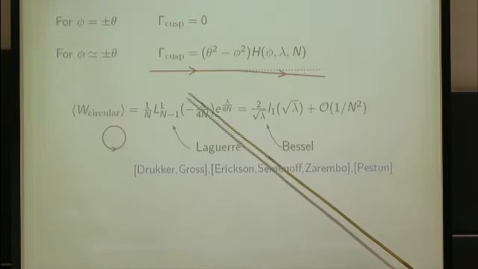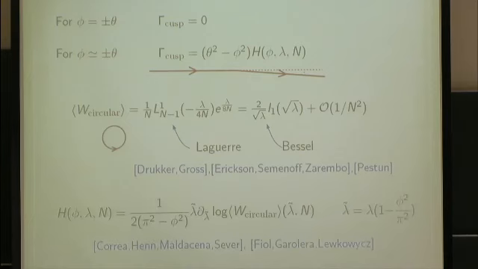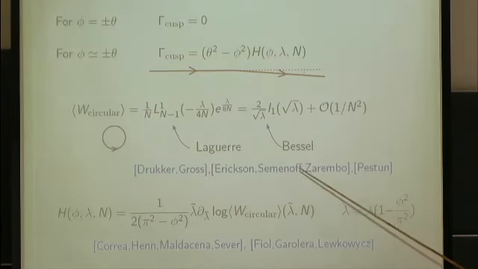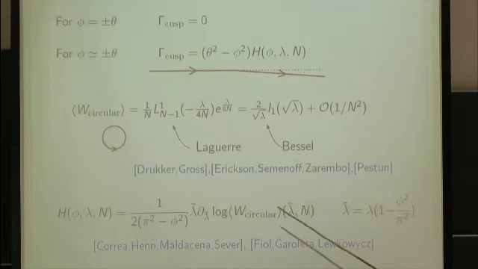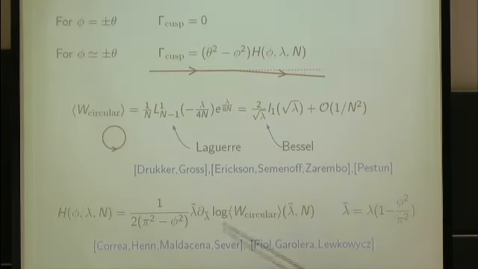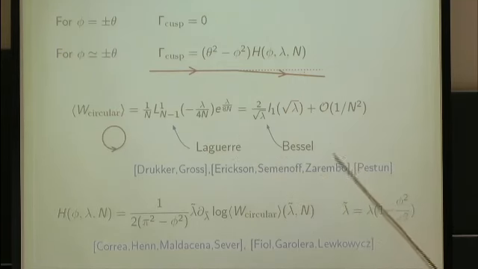To leading order in this near BPS situation, what we would like to know is this h function. And it happens, and this is without using integrability at all, that this is just using the exactly known expectation value of the circular Wilson loop, which was computed using localization techniques. This function h that gives us the anomalous dimension in this limit is just a derivative of this known function, which is known exactly both in lambda and in N.